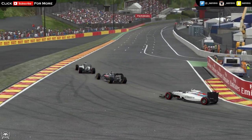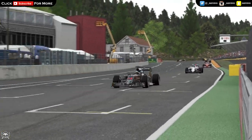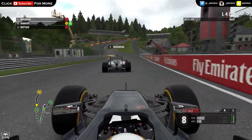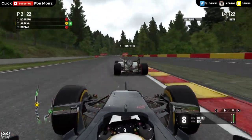Rosberg first from myself, then Bottas in 3rd. Vettel's down in 4th now off that glitch, and then Daniel Ricciardo there in 5th place. And then you can see, I think that's a Renault, Palmer or Magnussen, up in 5th place at the moment, so wonderful for him. But on the restart here, we get an absolute worldly run up down towards Eau Rouge,